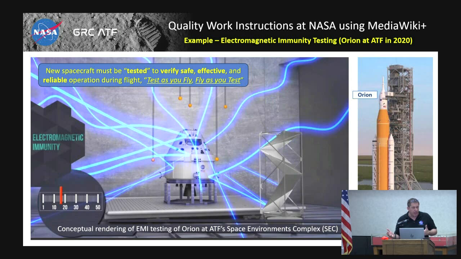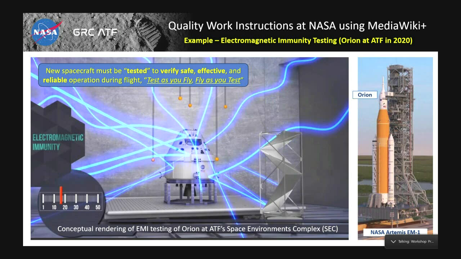So how do you do that? Well, you come to a facility like the Armstrong Test Facility. You bring your spacecraft and you put it into one of our chambers. The diagram that you see here is an artist's rendering of what the electromagnetic test experience is like. So there aren't truly blue plasma beams in the chamber. It's an artist's rendition of what it would look like by injecting radio energy into a controlled chamber, and then